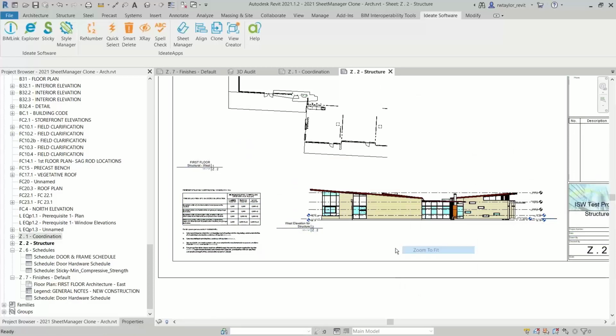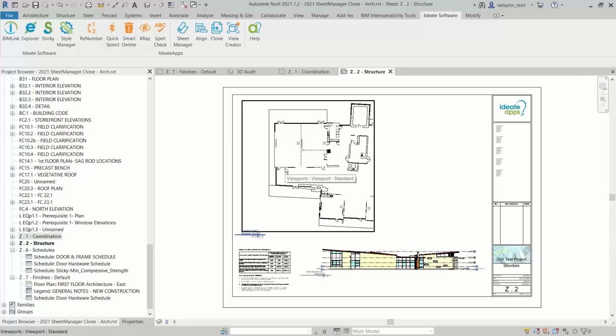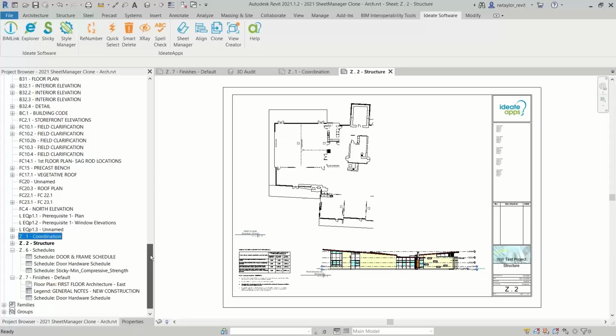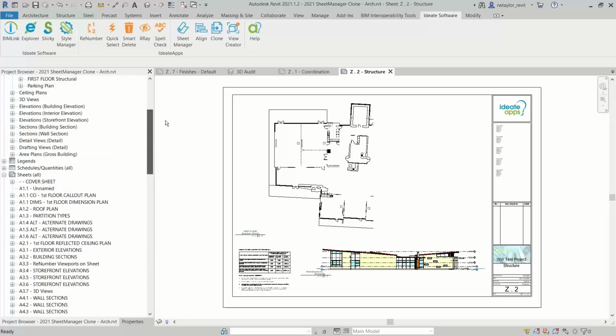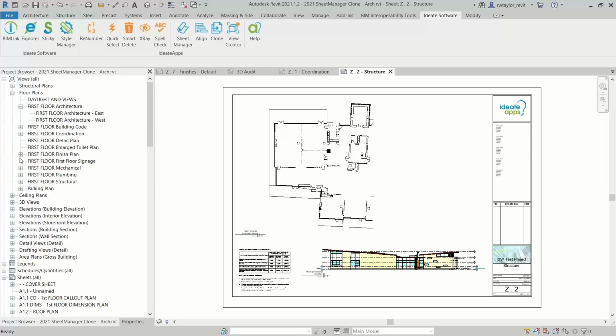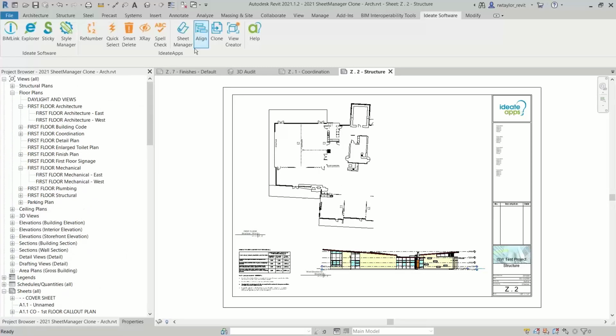So we were asked, this works great when you've got model coordinates, and in this case, I have the same scope box, and I'm basically showing the west elevation. But there are times where you may have unit plans, like maybe apartments, where you might want to center them on the sheet. So in this case, let's go over here to my sheet manager,